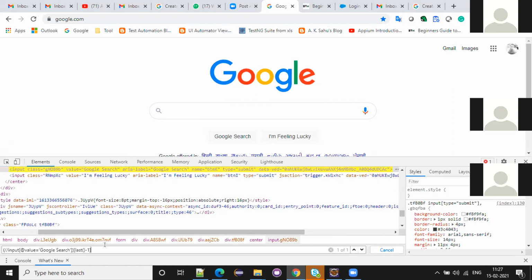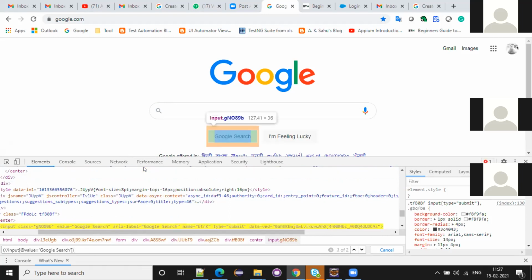Got it? Can you explain again? No. See here, two divs are there. This is the first div. It is not showing any element, but in the DOM you have the code. Second one, this is one. So the first one is not appearing in DOM, the second one is appearing. If you remove last minus one, means if you remove from the two, how many will remain?